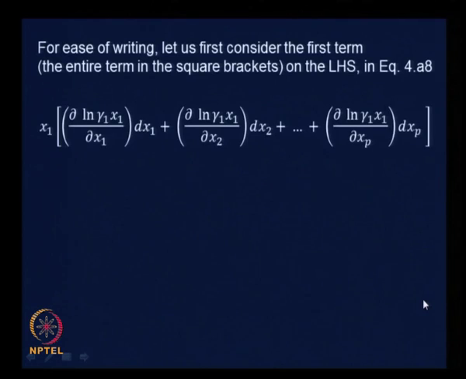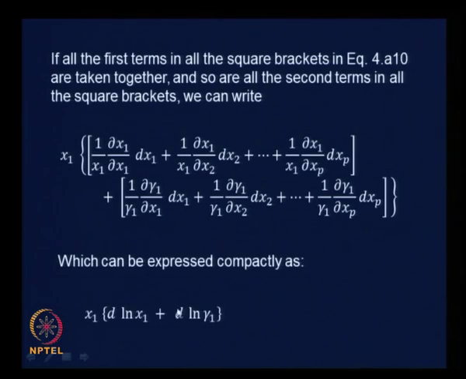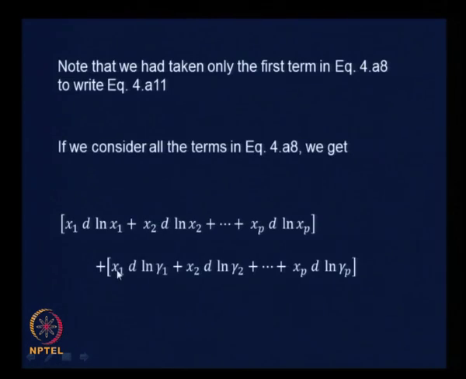And after going through some more algebra, which we went through together, we got for the first term alone x1 times d ln x1 plus d ln gamma 1, and if we considered all the terms and combined them appropriately, we got x1 d ln x1 plus x2 d ln x2 plus so on xp d ln xp, p is, remember, the total number of components, plus x1 d ln gamma 1 plus x2 d ln gamma 2, and so on till xp d ln gamma p equals 0,